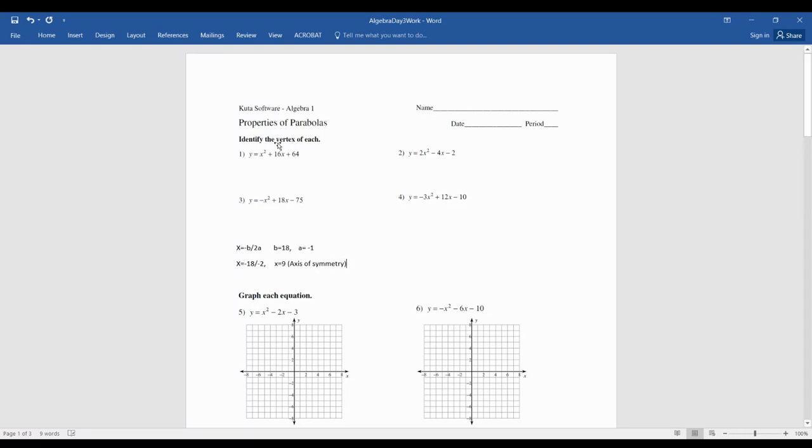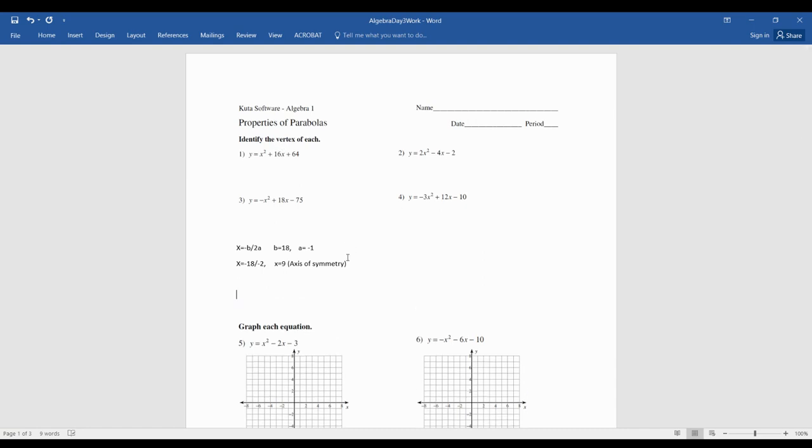That was never actually what the question was. It's find your vertex. So we do know for our final solution, however, what we're going to have is 9 comma something. We're not sure what that number is yet, and that's what we'll find. And again, the way that you do that is to solve using the fact that we know x equals 9. We plug that back into the original equation. So we're going to have y equals